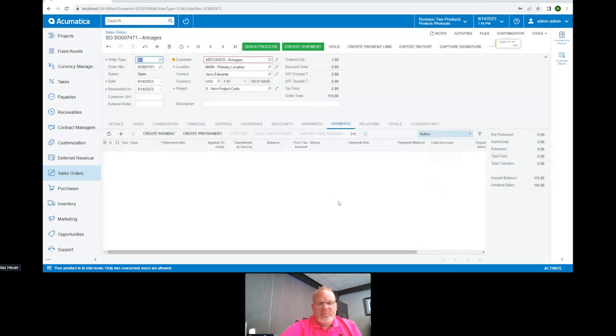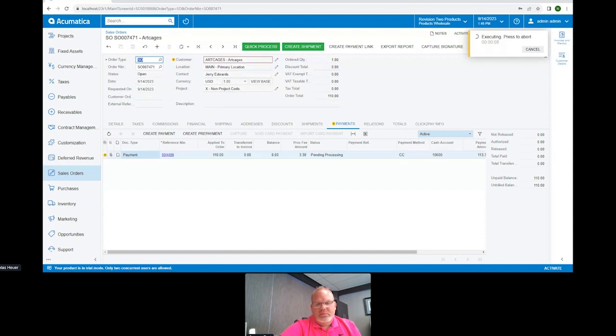Capture. This is going to go out just like the standard integration inside Acumatica for credit card processing. It's going to go out, process the credit card payment, bring it back into Acumatica, apply it to the sales order, right? But you'll notice that we've broken out the fee, and you'll show here the amount applied to order. So once Acumatica updates and releases my payment, we'll drill into the payment and show how